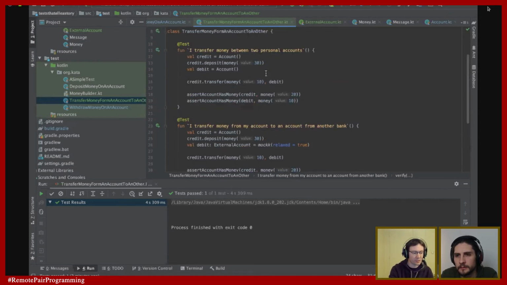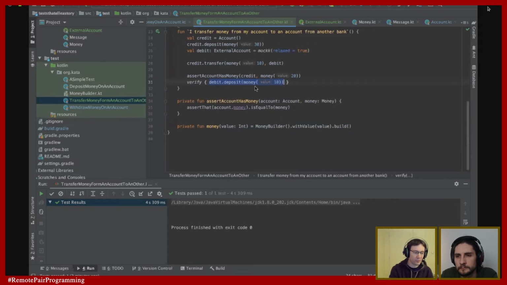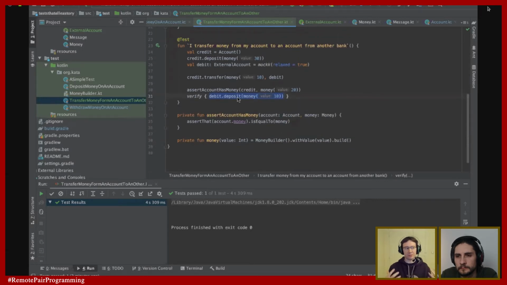Well, above we are checking that at the end our debit account has 10. Here we are checking that, in order for our debit account to have 10, we call the deposit method. Maybe tomorrow we want to call something different that has the same side effect. So right now we have a coupling between our test and our implementation. That's what I don't like. So mocks will always come with bigger coupling